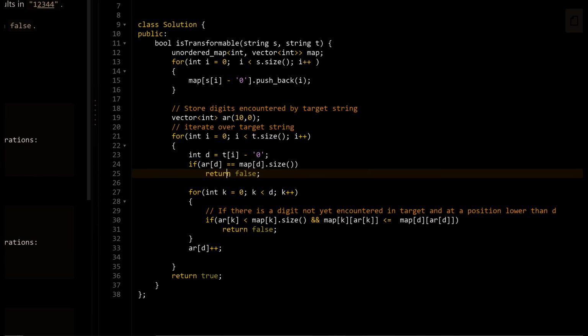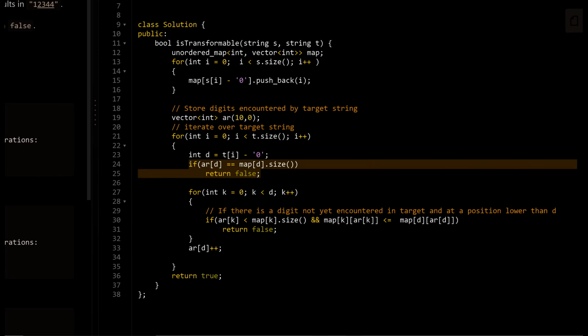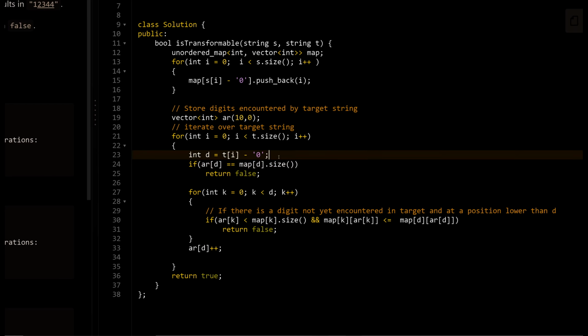Another thing I forgot to mention, we also need to check that the source string and the target string are anagrams of each other. So D is the current digit which I am looking at in the target string. If the number of occurrences of that digit D exceeds the number of occurrences in the source string, then I simply return false.